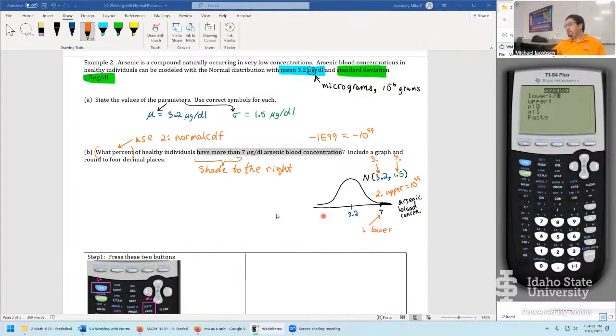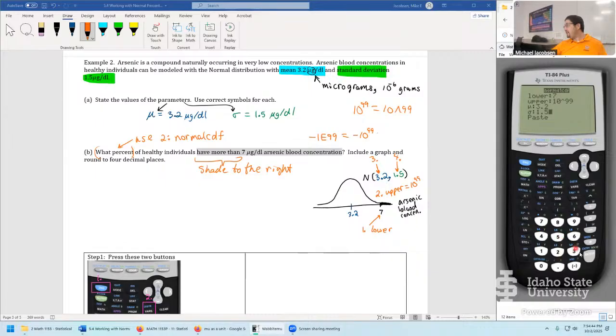The lower bound is 7 because we want more than 7 micrograms per deciliter. That means it doesn't stop. So we go 10. The power button is the up arrow right here. So go 10, up arrow, 99. So in the calculator, it really looks like this. 10 power 99 is 10, up arrow, 99 in that kind of way. So that's the largest supported positive number. You update the mean to 3.2,